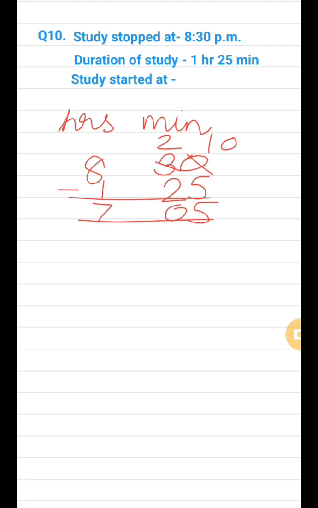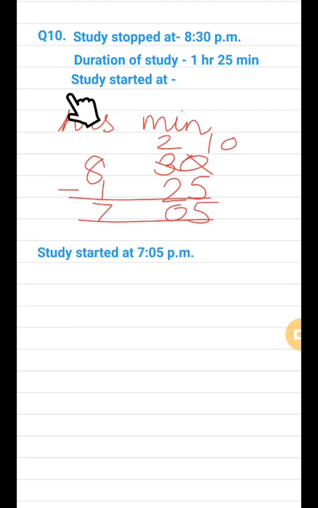Always remember, when we take something from hours, then we have to do that whole calculation: minus 1 from hours, adding 60 minutes. If the borrowing happens within the minutes only, then there is no need to do that long process. It is to be done only when we are borrowing from hours.